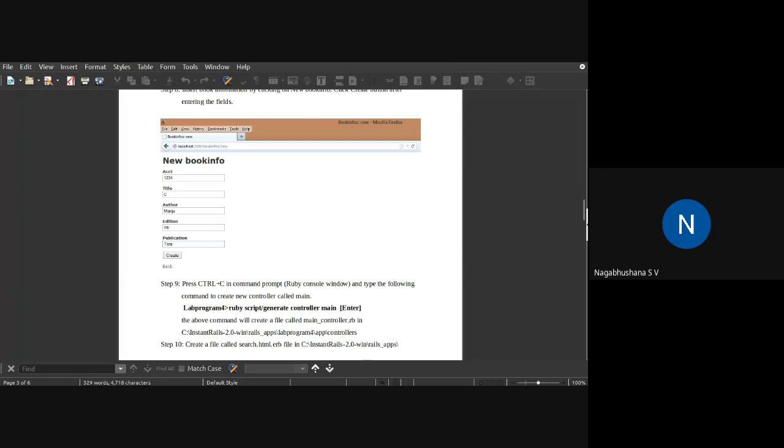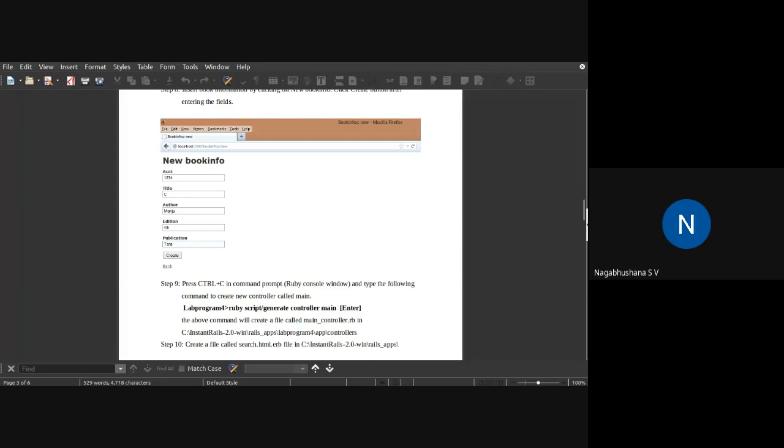Now since this is based on the MVC structure, the database is created, the table is created, and it is connected. Now some logic has to be written for searching.